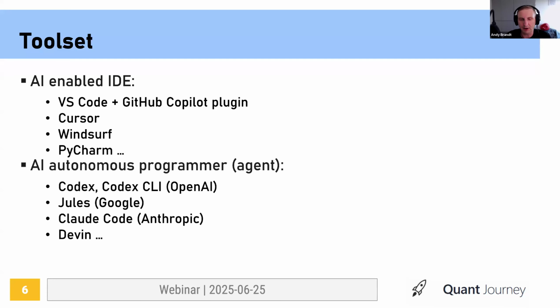Now we have another level of tools, which is autonomous programmers. And some of you might remember Devin from last year. There was lots of hype around it, but so far this hype has not produced what they have promised. And it's also prohibitively expensive. But we did get other tools. We did get Codex and Codex CLI from OpenAI.